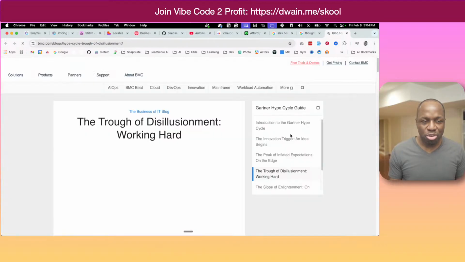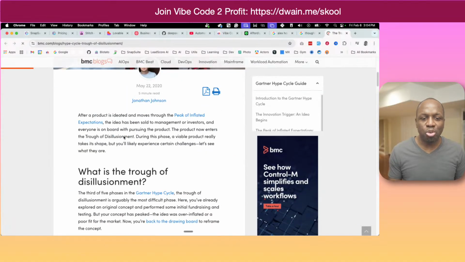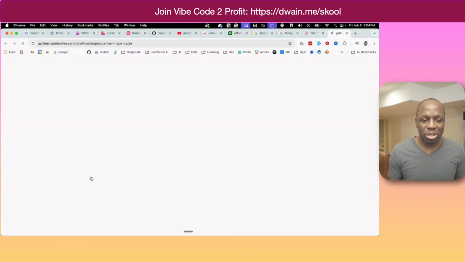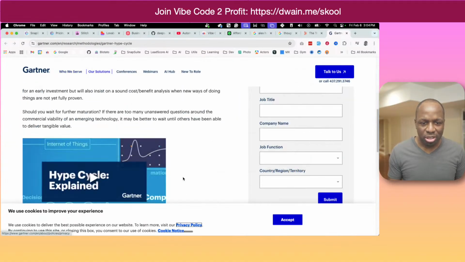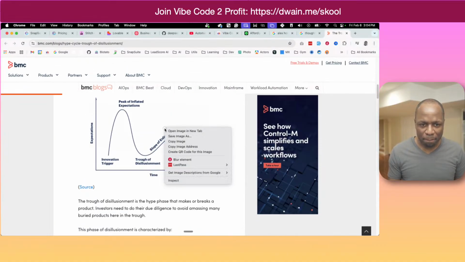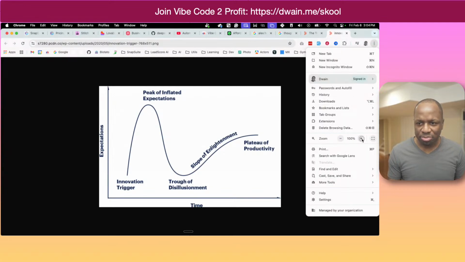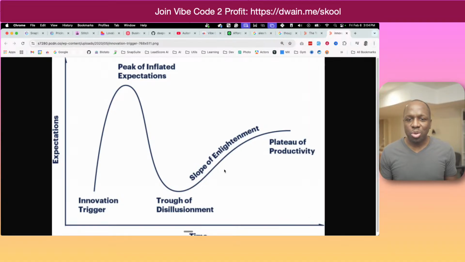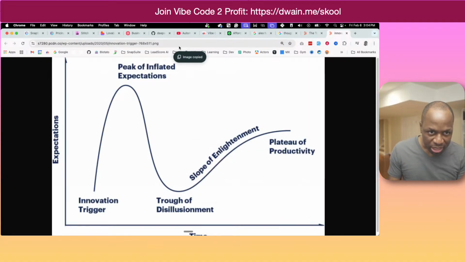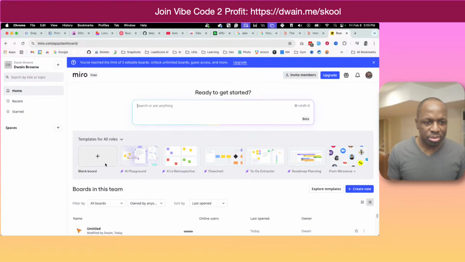It's a really interesting concept that, if you're new to the business of running a startup, you don't really know about, because nobody teaches you it. Okay, let me see if I can just make it bigger. Open a new tab. Yeah, there we go. There's this thing we call the trough of disillusion. And let me just put it in mirror so I can draw on top of it.